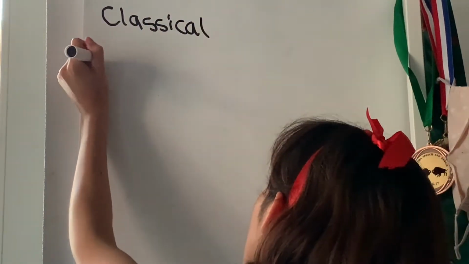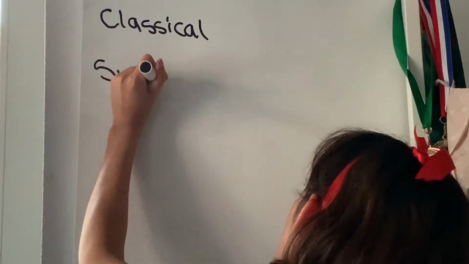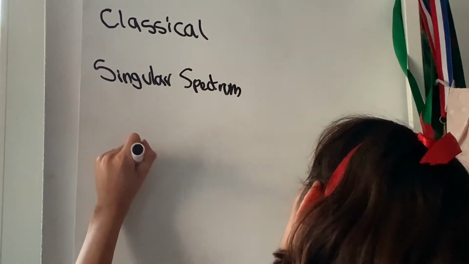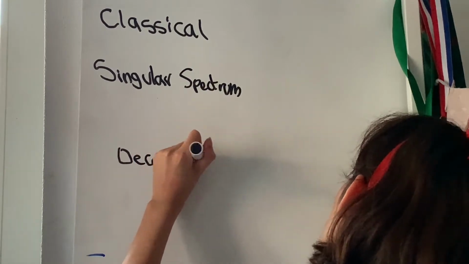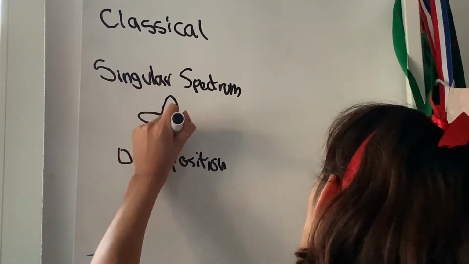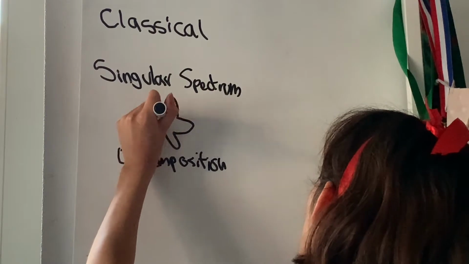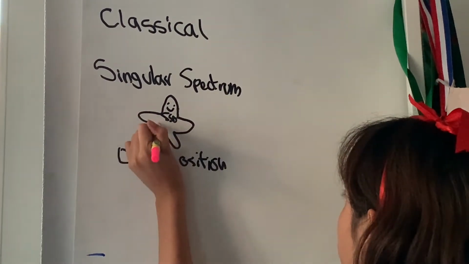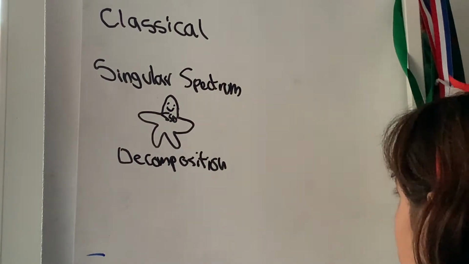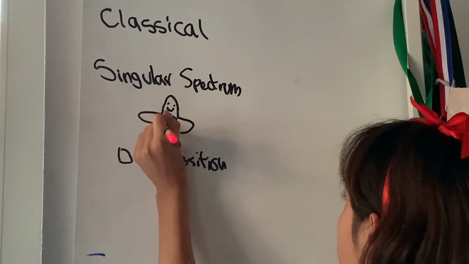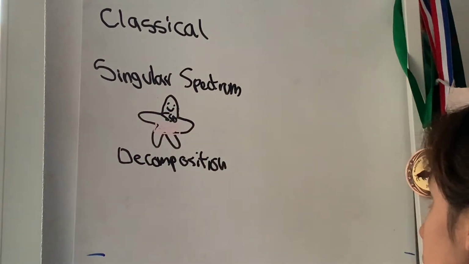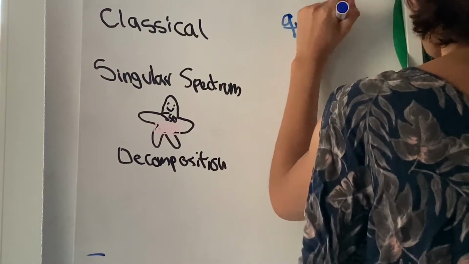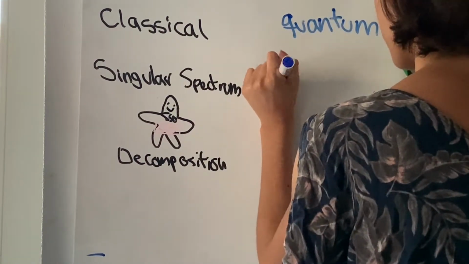yet. In order to overcome this, we thought to ourselves, why don't we take two existing algorithms, one classical and one quantum, and fuse them together like some sort of Frankenstein monster? Meet the classical algorithm, singular spectrum decomposition. This mighty algorithm was designed in Maastricht University in order to decompose complicated signals into their components. If you look at its midsection, you will see the core that fuels this beast, singular value decomposition. Don't worry quite yet about what it means, but just know that we found the perfect substitute for it.